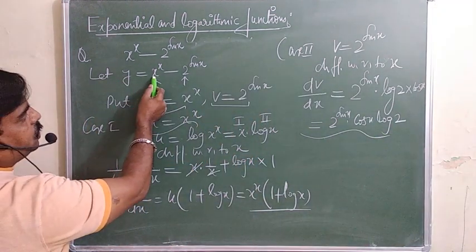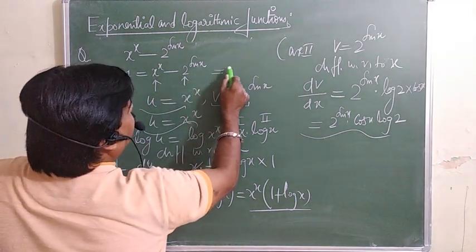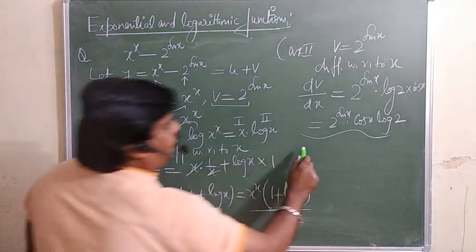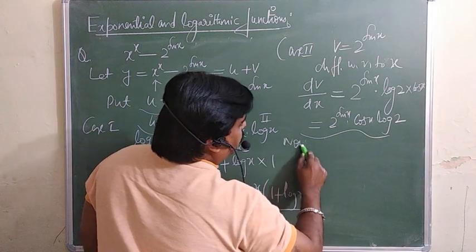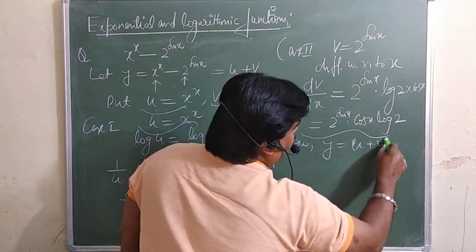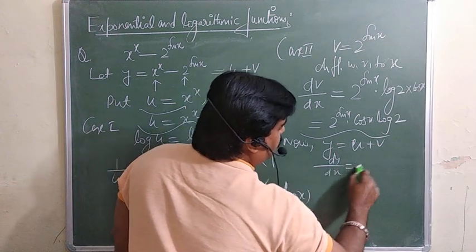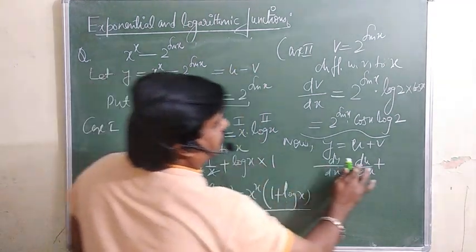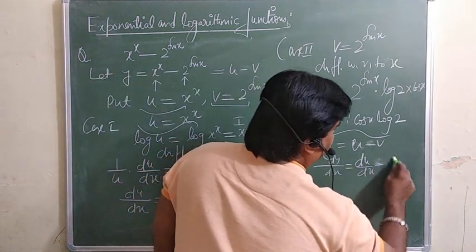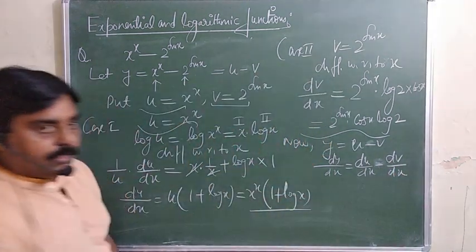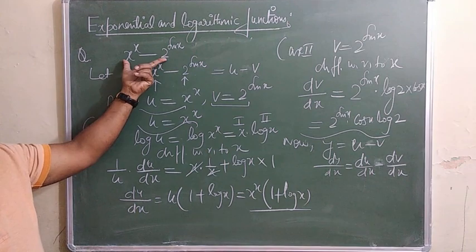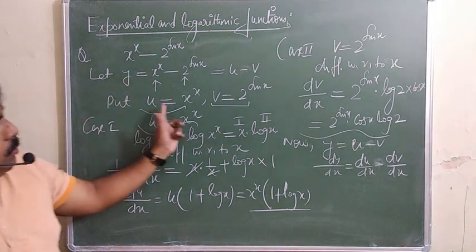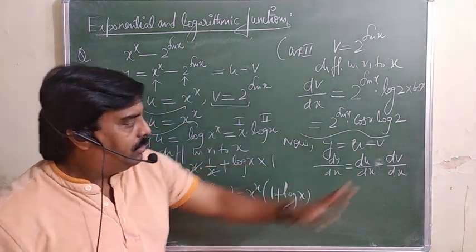लेकिन हमने क्या assume किया था? This is u and this is v. So what exactly you are getting here is u minus v. But we are interested in dy over dx. तो y is equal to क्या था? y is equal to u minus v. Differentiate you will do, so dy over dx is equal to du over dx minus dv over dx, because we want the derivative of this whole thing, इस जिसको हमने y is equal to assume किया, इसको u ले लिया, इसको v लिया for our own convenience. Now dy over dx you will do, so du over dx minus dv over dx.